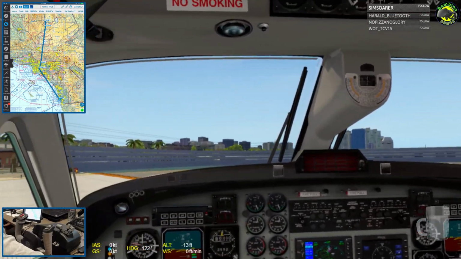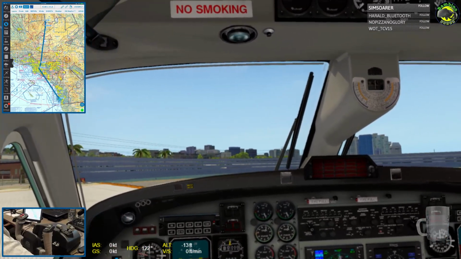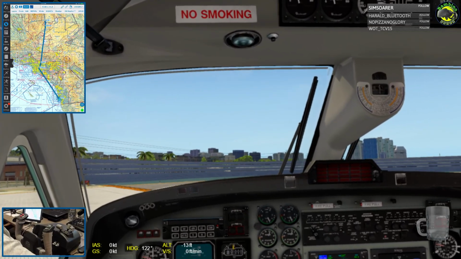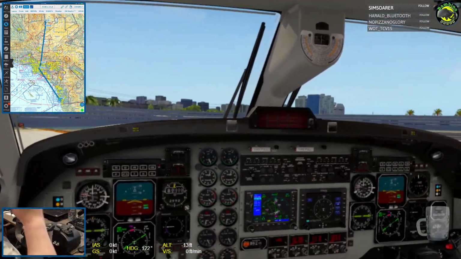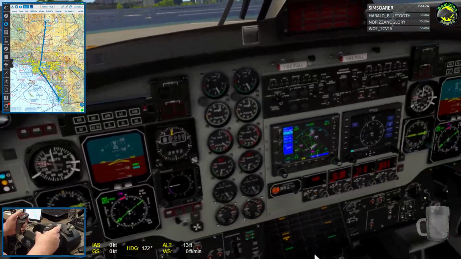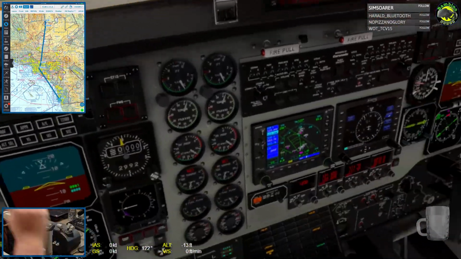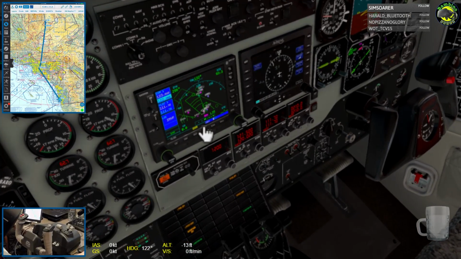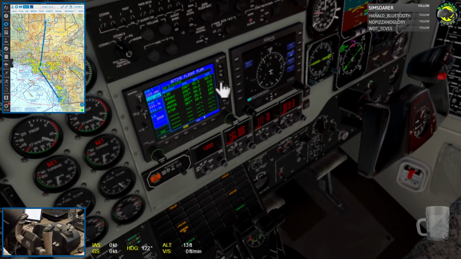So into the cockpit here, we're in VR using Oculus Rift, FlyInside, and it's a really wonderful way to fly. I've already taken the liberty of converting the flight plan from SkyVector, so I can just basically upload it right into the GPS here. Let me get myself centered. Sorry about that. We're holding short here on the runway. So I'm going to go to flight plan and go to menu,